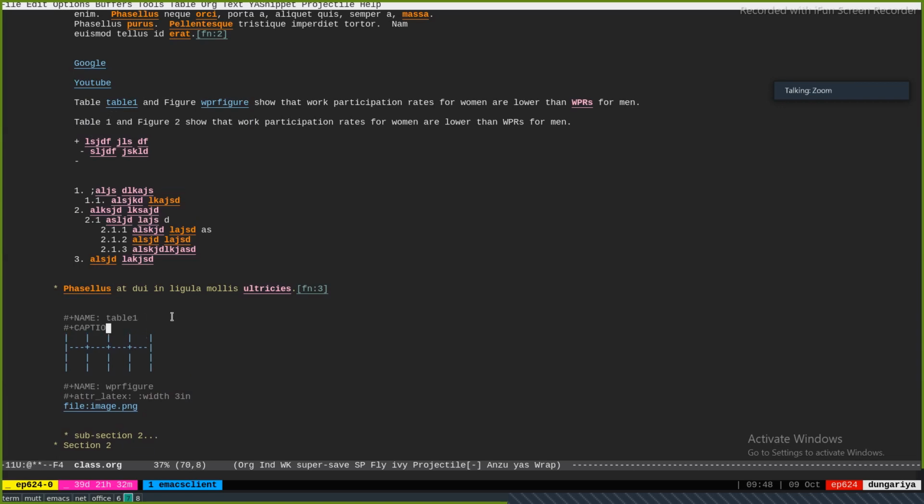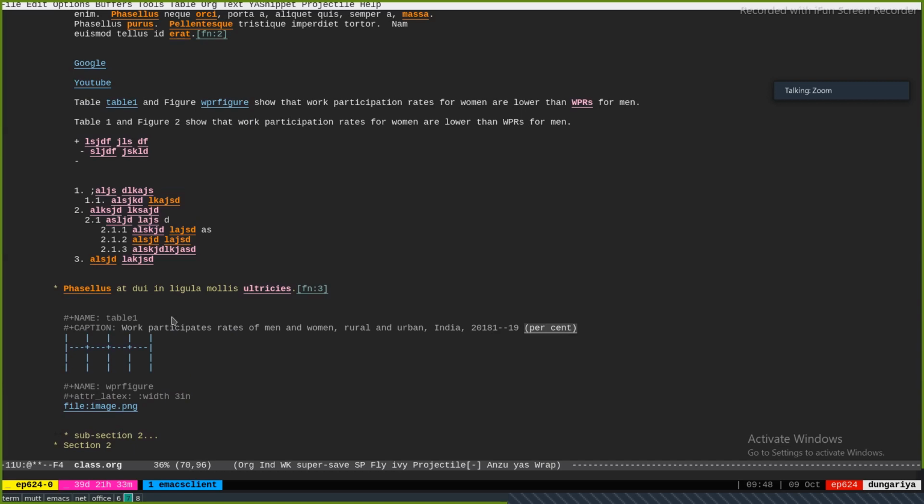What I'm going to do here is also provide a caption. Okay, work participation rates of men and women, rural and urban India, 2018-19. Now I will give this a caption.